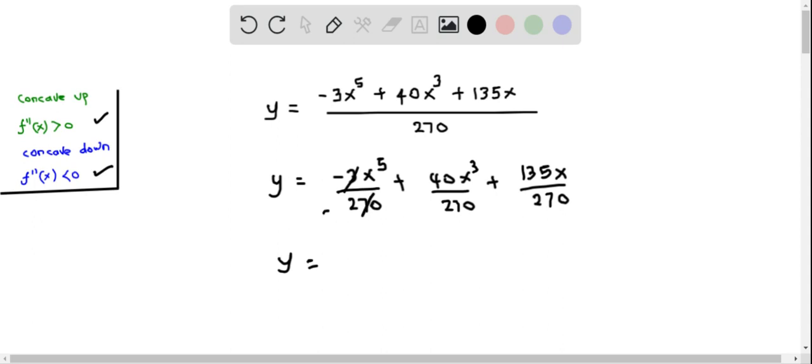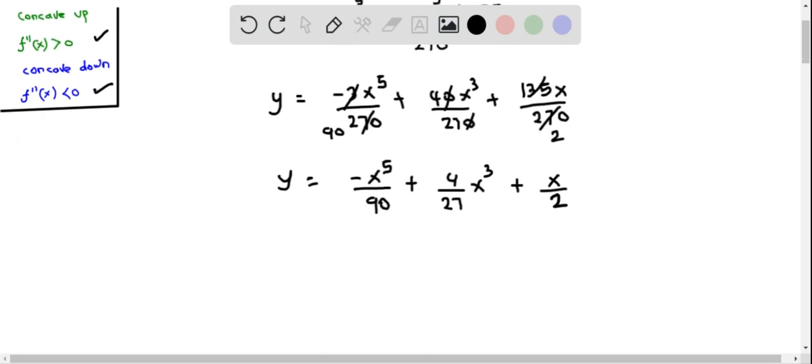This goes 90 times, so I can write this as negative x to the power 5 over 90, plus we can cancel the zeros, and so this reduces to 4 by 27 x to the power 3, and this actually goes 2 times, so basically this is x by 2. So we have put the equation y in simple form by reducing the fractions,